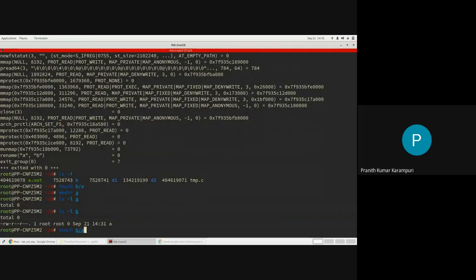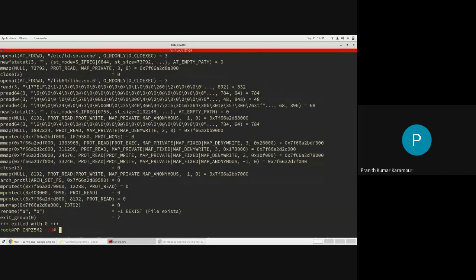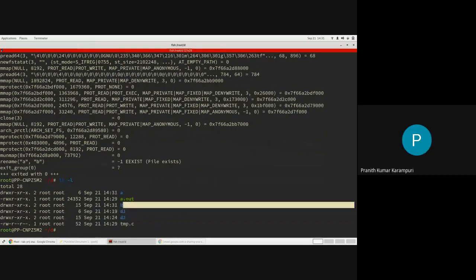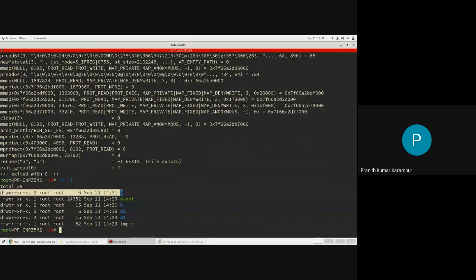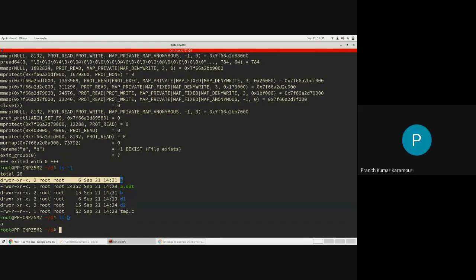Now, if we try to do this one, okay, so it is basically failing, right? So it did not do this rename. And if you do ls B, the file is still there. So this is something that I wanted to highlight.